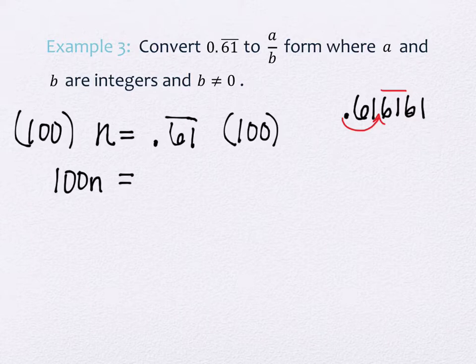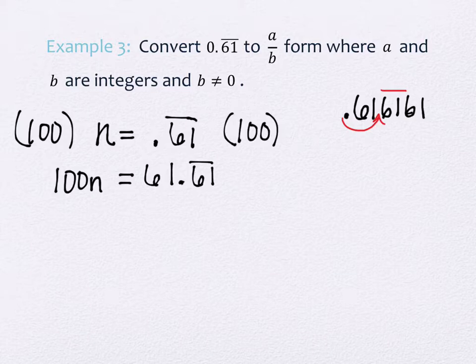So over here, as this happens, and this is the reason why we multiplied it by, say, 100 and not by 10 or 1,000, I actually end up with the 61 repeating in the exact same location with some additional numbers now in front. There's a 61 in front, but the 61 is in the same spot. Okay? Super important that the 61 is in the same spot, because the next thing we're going to do